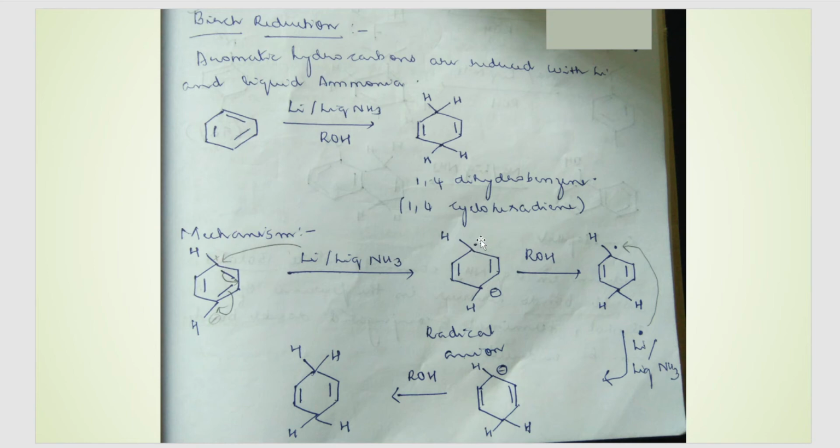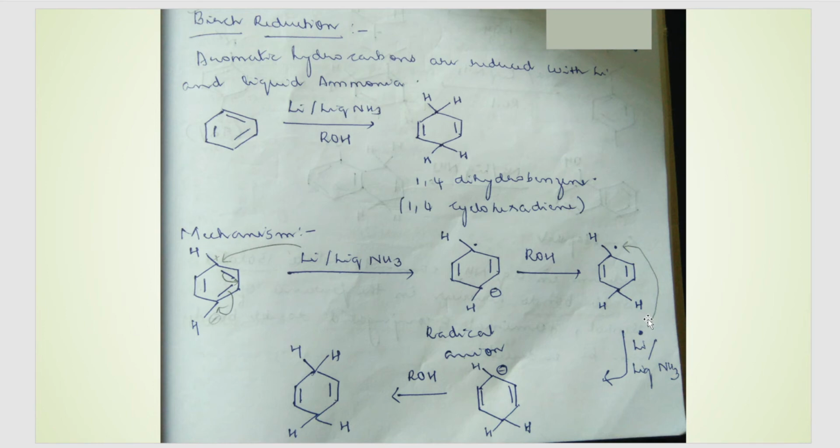So carbon number 1 will get one odd electron, and on carbon number 4 there is a minus charge because the shifting of the pi bond in the benzene has taken place. So here there is a minus charge. Next, since we are doing this in the presence of alcohol or protic solvent, it will give one proton to this particular carbon, that is, the fourth carbon will receive a proton, and the proton will go and attach.